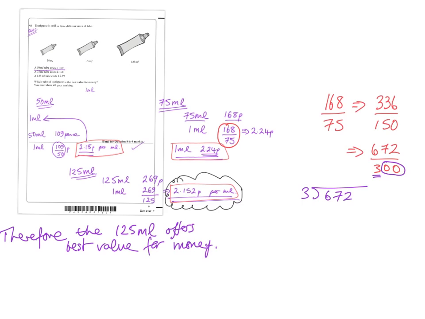We can do 3's into 6 is 2, 3's into the 7 is 2, remainder 1, and then 3's into the 12 is 4. And then if you look at how these correlate, you can see 224 wouldn't be the answer because we're not dividing by 3 here, we're dividing by 300. So we want to make the answer we've got here 100 times smaller,